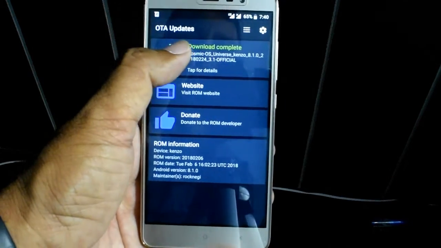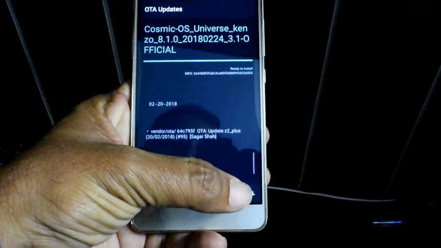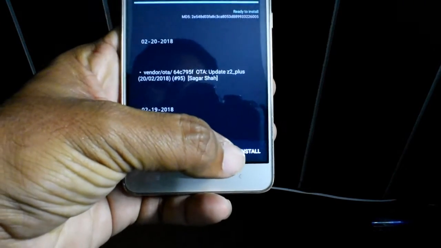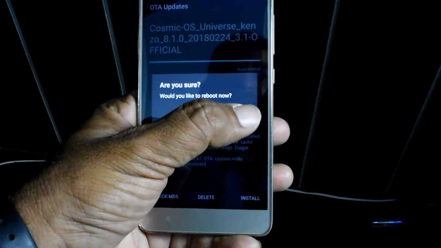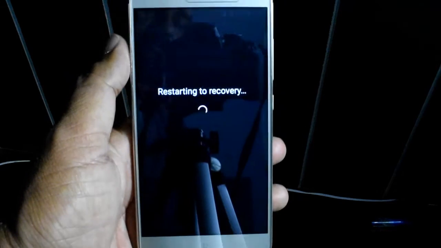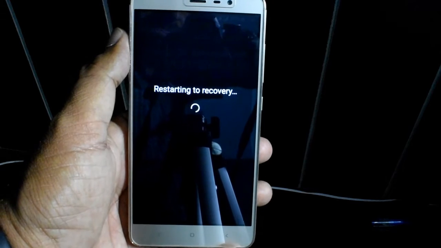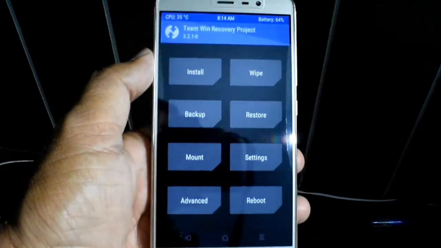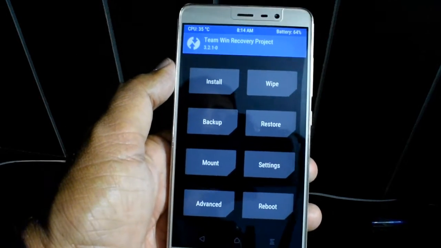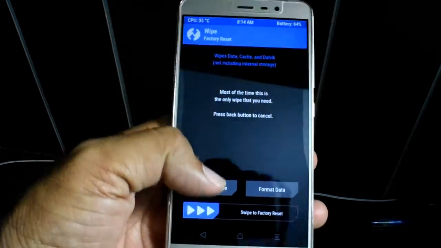In my previous video you can check from this particular section I have downloaded this ROM and I am just going to install it now. So just click on the OK button and the system will start rebooting after clicking this. So restarting to recovery, you have to wait for a minute. After that it will start rebooting and reboot through the MI logo to the TWRP recovery. Be sure that you are with the latest recovery.